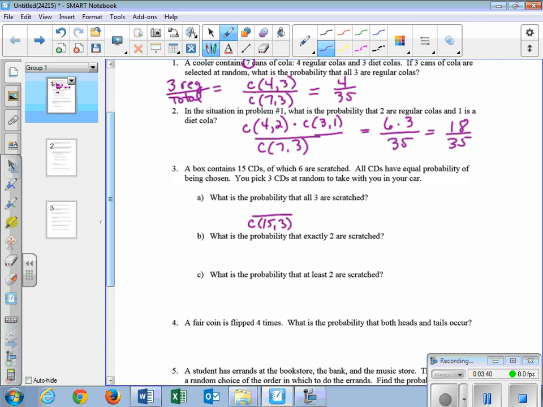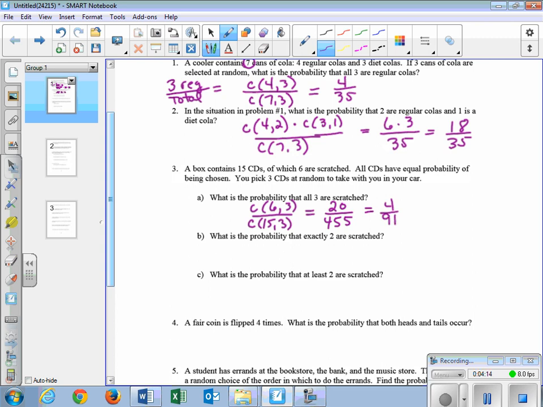In the numerator, what is the probability that all 3 are scratched? So how many are scratched? 6 of them. So I have a combination of 6 of those, and I'm picking 3. So think about that. If you have to slow me down, you can always hit pause if you need to sit and think about it for a minute. When I worked this out, I got 20 in the numerator and I got 455 in the denominator. Again, you do not have to reduce it at all. You can leave it like that, or if it bothers you, you can change it to 4 over 91, but